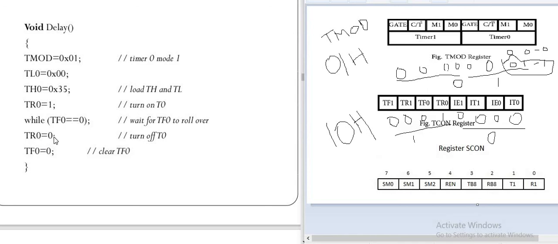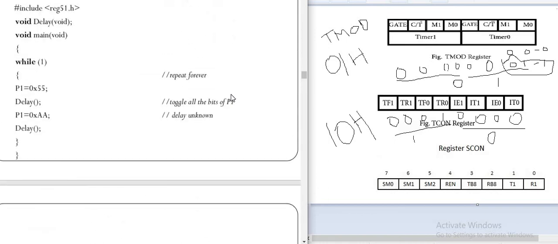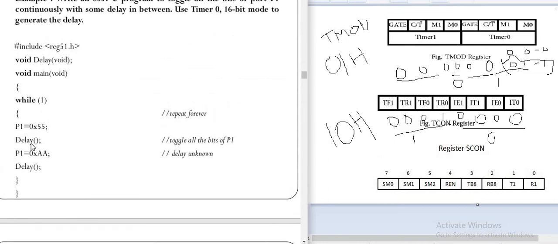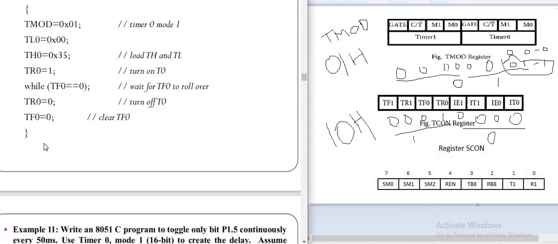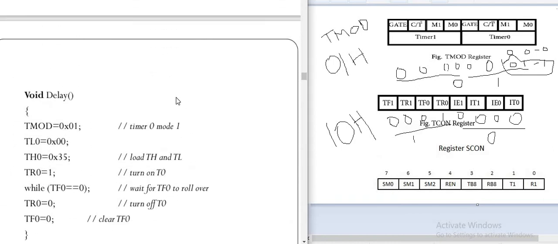तो TR0 is equal to 1, तो यहाँ पे टाइमर को हमें क्या करना है, ऑफ करना है, और ओवरफ्लो फ्लैग जो हुआ था उसको क्या करना है, TF0 is equal to 0 करते हैं. तो इससे क्या हो जाता है कि हमने जो TL0 TH0 में वैल्यू लोड की थी वो डिले हमें यहाँ पे जनरेट होके मिलेगा. और जैसे ही हम ये delay यहाँ पे सेम टू सेम हमने यहाँ पे लिखा है डिले, वो सेम फंक्शन हमें प्रोग्राम में लिखना है, मेन प्रोग्राम में डिले. यहाँ पे डिले लिखा, ये सेम डिले हमें यहाँ पे एज ए फंक्शन यूज करना है. Thank you.